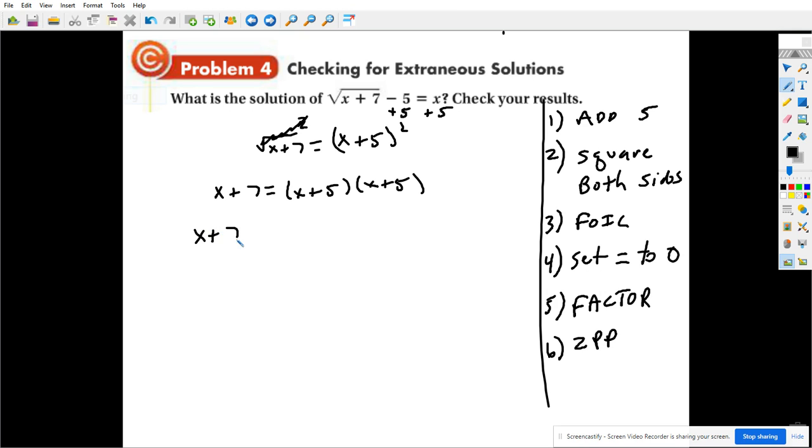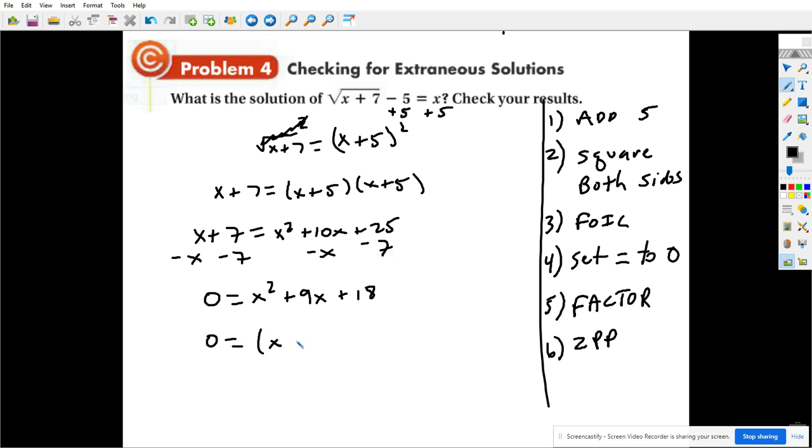So the left is going to stay x plus 7. This is going to give me x squared plus 5x plus 5x, which is 10x, and 5 times 5 is 25. So now I'm dealing with a quadratic. So I need to set this equal to 0 and factor it to solve. So I'm going to subtract x, subtract 7, and that will leave me with 0 equals x squared plus 9x plus 18. So then now how do I factor this? I'm looking for two numbers that multiply to 18 and add to 9. Back from chapter 4, so it'll be x plus